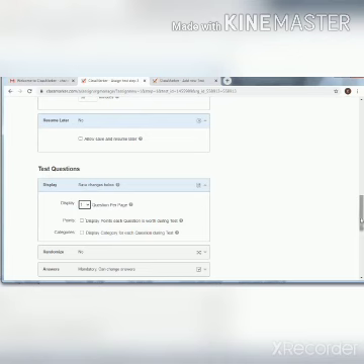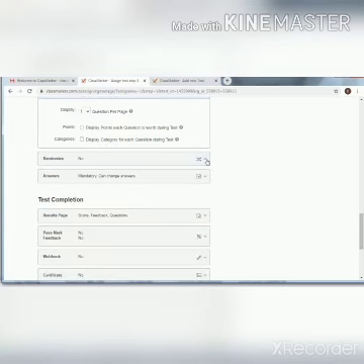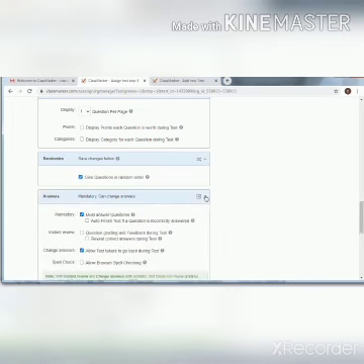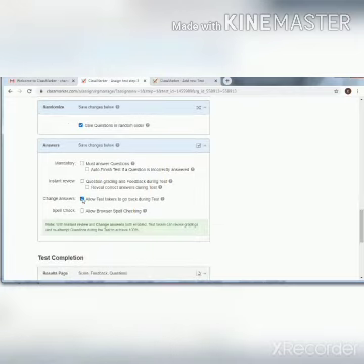Suppose we want to randomize the questions: click on the setting to give questions in random order. Mandatory answer, can change the answer, must answer question, auto finish the test if a question is incorrectly answered. No, auto finish will not be done. If the child doesn't want to answer, deselect it. We allow the test taker to go back during the test. Yes, if the child wants, he can go back.